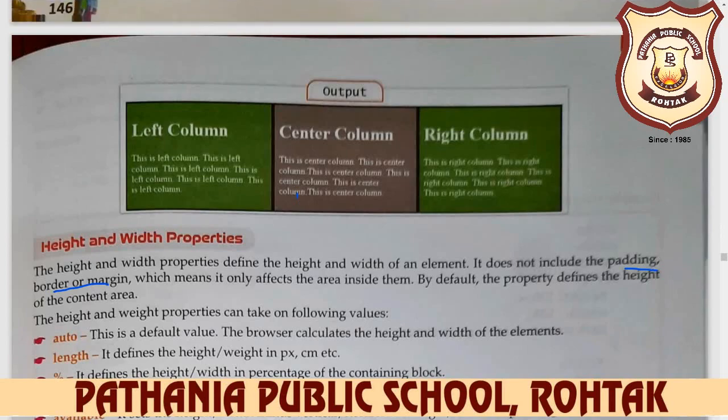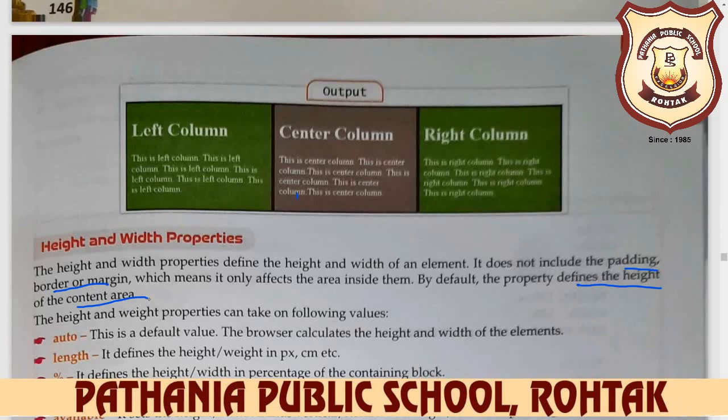By default, the property defines the height of the content area.